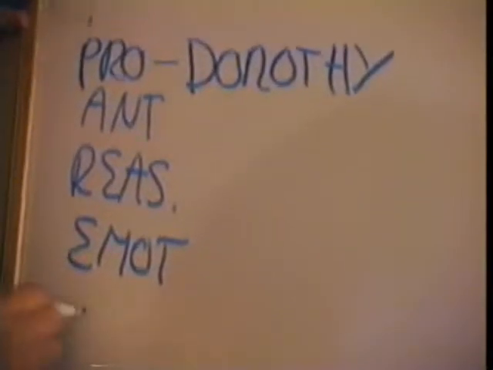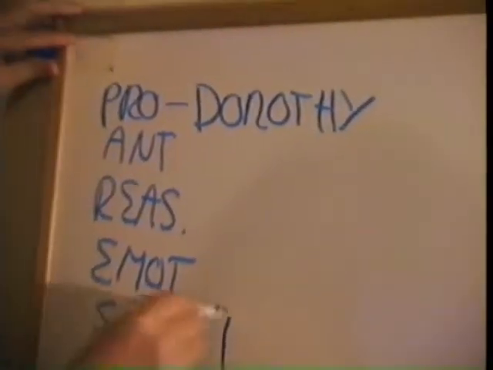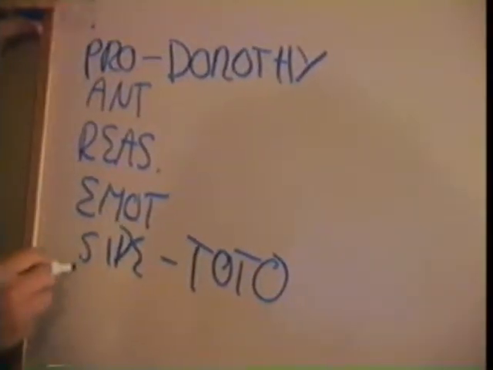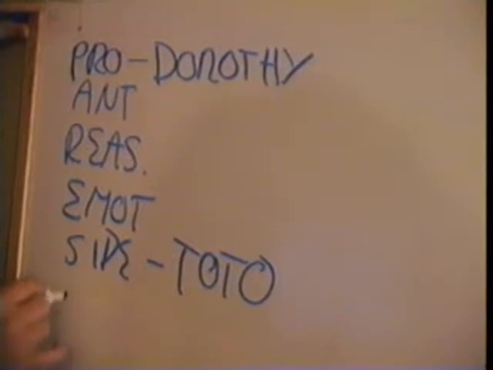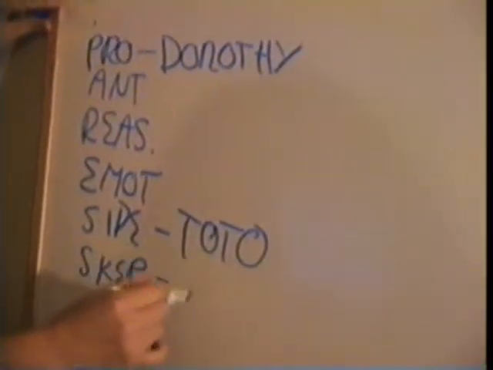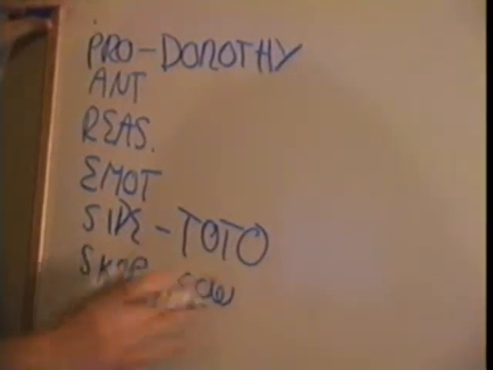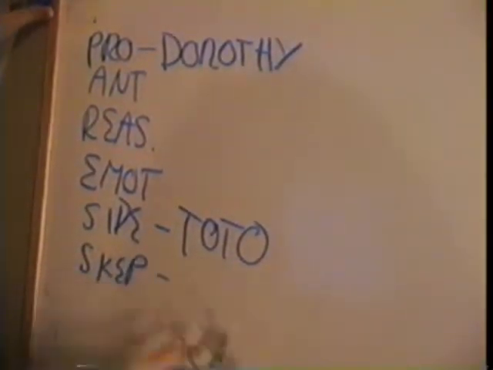And then we'll go down here to sidekick, and that's clear in the Wizard of Oz. That's Toto. Again, Toto, Kato, Tonto. Okay. Now we go down one more to the skeptic, and that's pretty clear. The skeptic is the cowardly lion. I better just put lion instead of cowardly. There's no room for them.